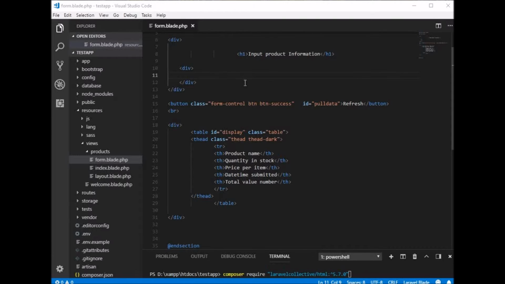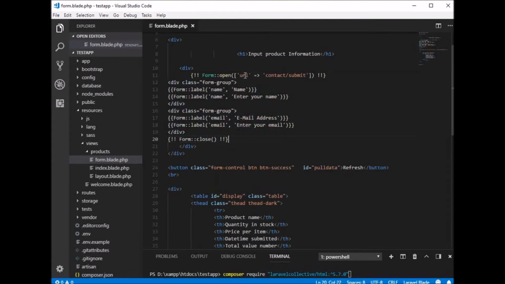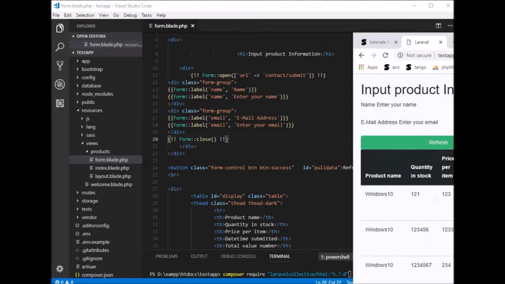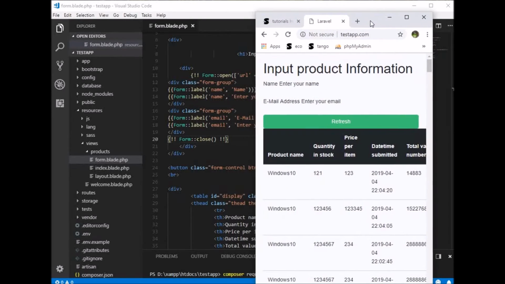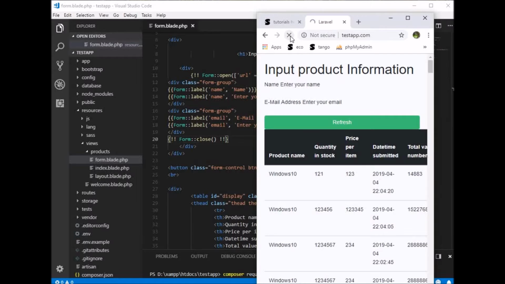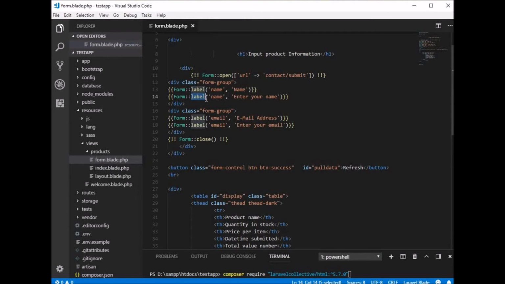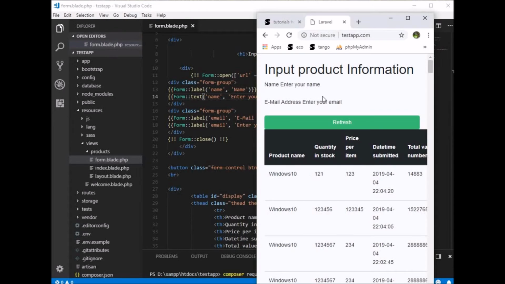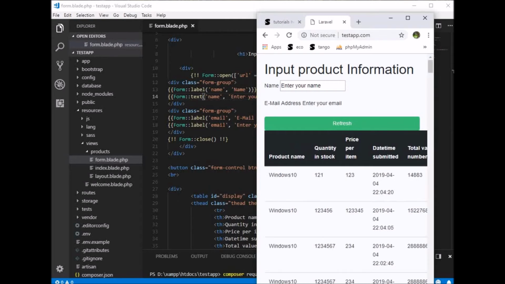Go ahead and type in this code and then run it. And when you run it, let me bring my browser, and when you run it, you can see that it's working. Let's change this to text. And you can see